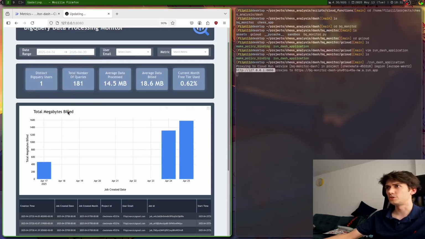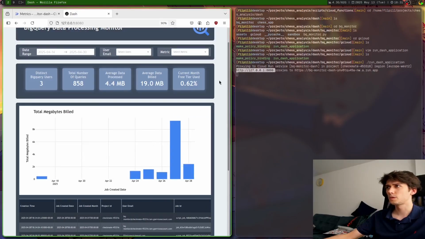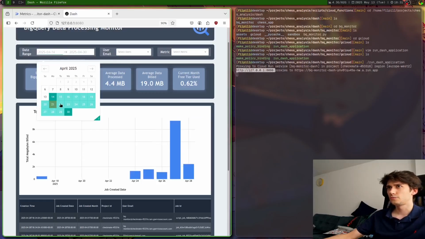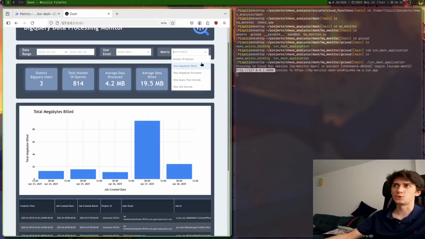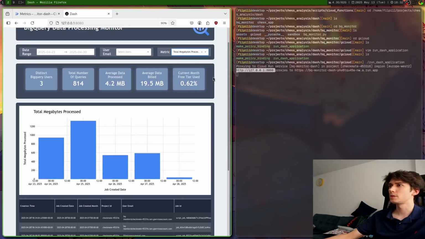Let's widen that range a bit more, and let's shorten it a bit as well. Yeah, we can also select which metric is appearing in the visualization. So for example, currently we're looking at how many megabytes we're being billed for. In contrast, we can also see how much data we're processing, which is going to be slightly different. Since we're processing a very low volume of data, the figures are going to be quite low here in contrast to the data we're being billed